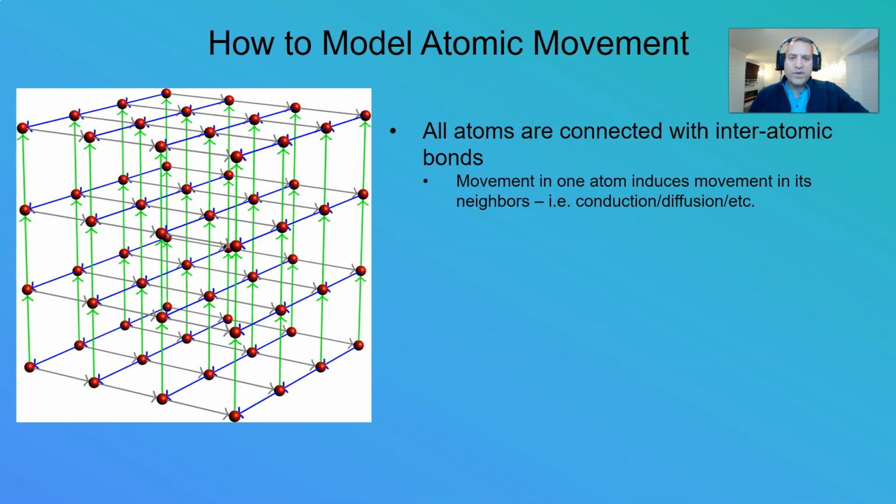So all atoms are connected with interatomic bonds. So movement in one atom induces movement in its neighbors. And of course, this is conduction, or what we also call diffusion, heat diffusion. So if these were all sitting still, as I was discussing earlier, and you were to grab one and pull it and then let it go, it'll start oscillating. But because this atom is connected to all the ones beside it with interatomic bonds through the electron shells, this one's vibration will be translated to all the other ones beside it, and so that energy will dissipate out and flow out, and that is your basic idea of conduction and diffusion.